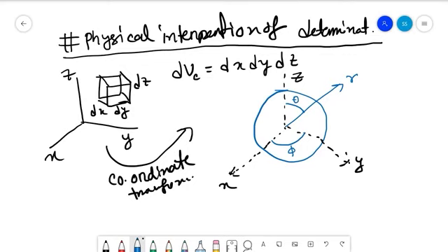So if we look at this cube in this coordinate, it will look something like this. Let's draw this with another color. Where it will have sides with d